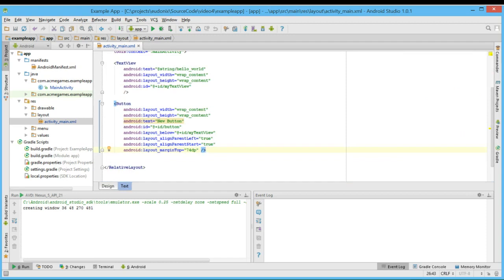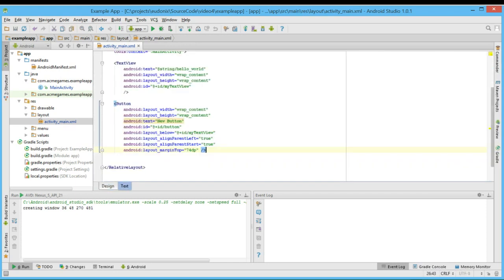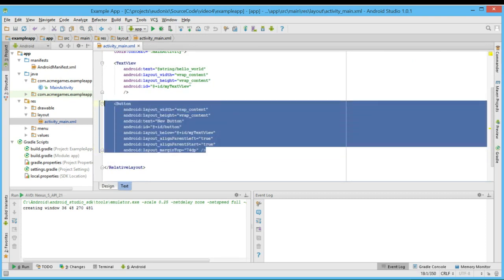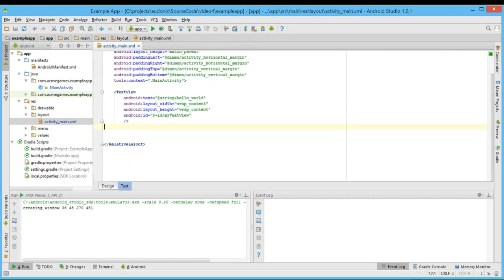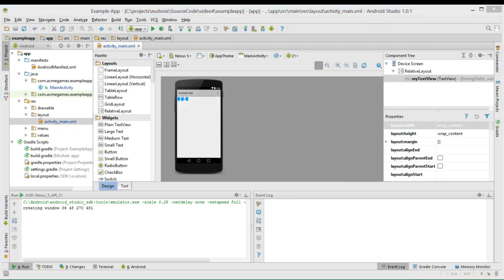Now we can go back to the design tab and we see only our first button and our original text view. In the same fashion, we can go back into our XML view and delete our first button. Now when we return to our design tab, we see that the first button has been removed as well. This way we can easily design and implement UI components by using either the WYSIWYG drag and drop design editor or using the plaintext XML view of our UI. In most cases, we will need to use both of these editors to get the perfected UI components that we